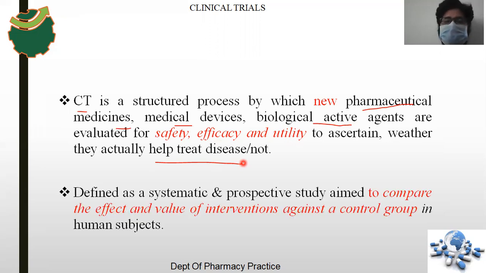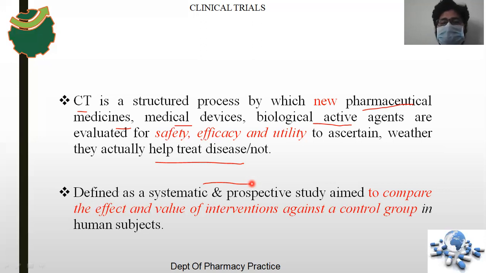Okay, next is some other definition. A clinical trial is defined as a systemic and prospective study. So it's a systematic way, a structured approach. Why are we saying prospective? A prospective study means we are planning to do it. We have prospective, concurrent, and retrospective. Prospective means in the future how you are going to do it, you are going to plan. Concurrent means when it's happening, in between you are intervening. Retrospective means the thing has happened, now we are examining it.